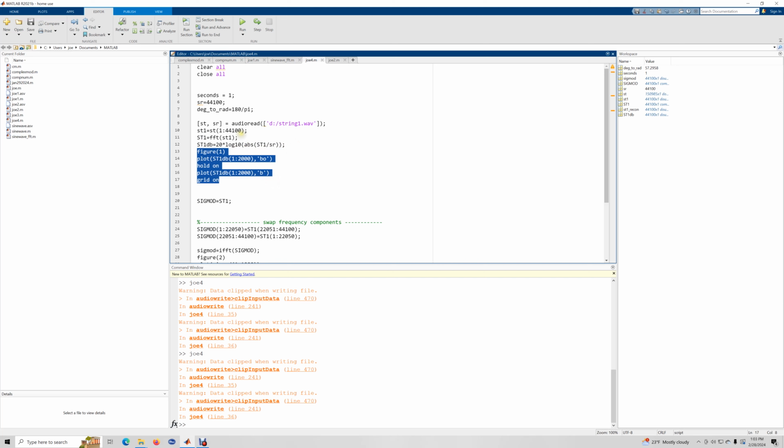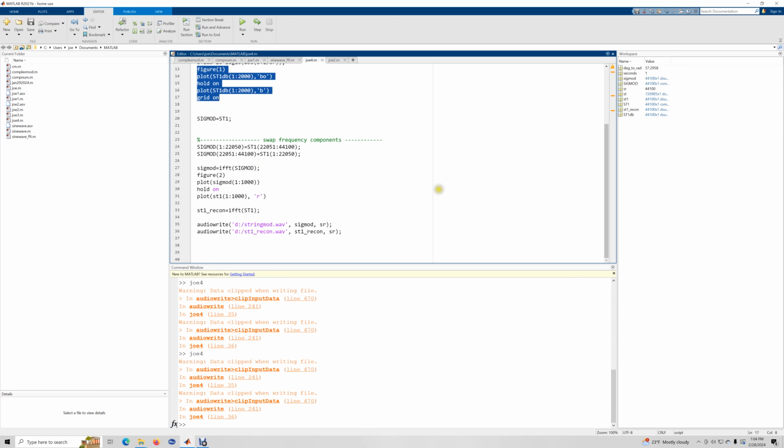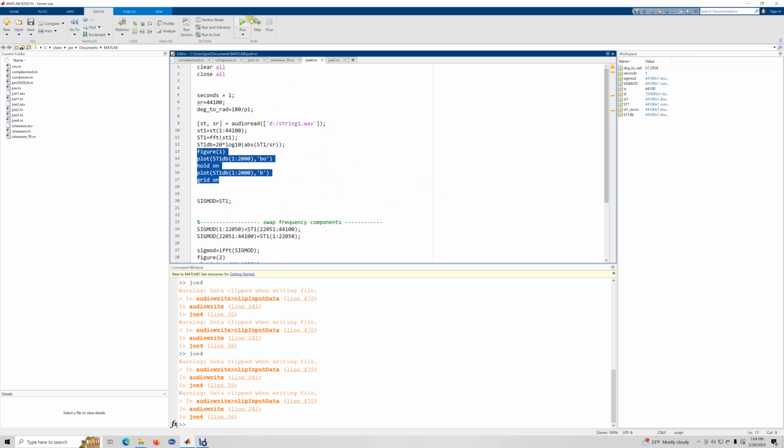I'm only going to plot up to 2,000 hertz. Because I took a 44,100 sample chunk of this data, so 1 second of it, each bin is going to come out to 1 hertz. But I'm only going to plot out to about 2,000 hertz. And then later on I do a few other things that are unrelated. If I go ahead and run this,